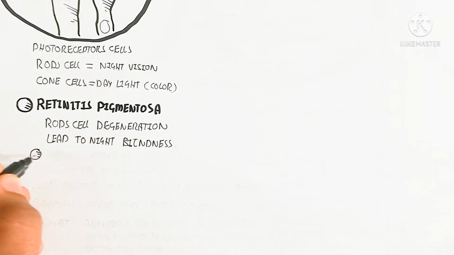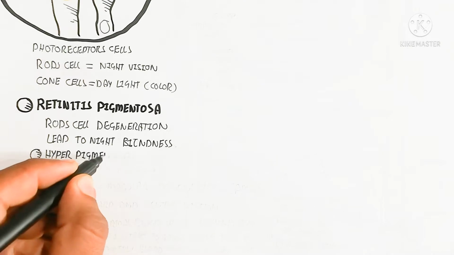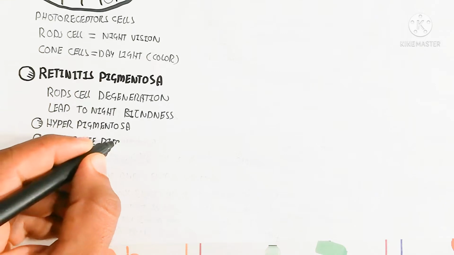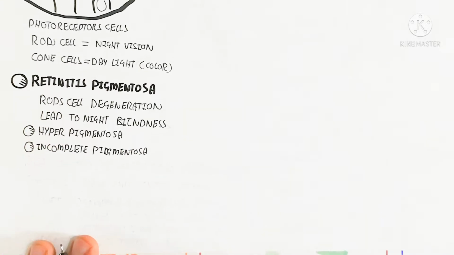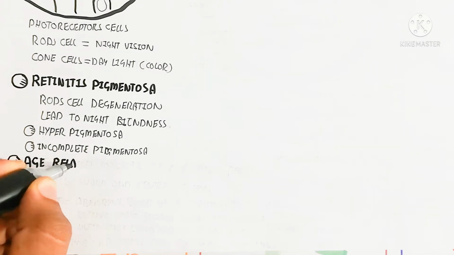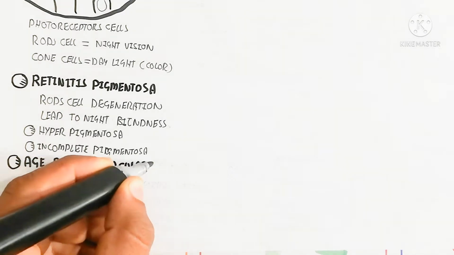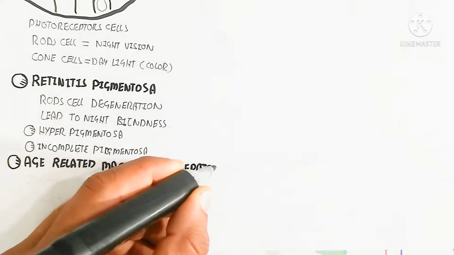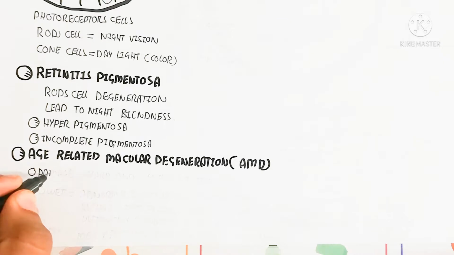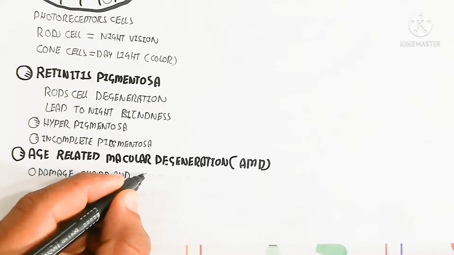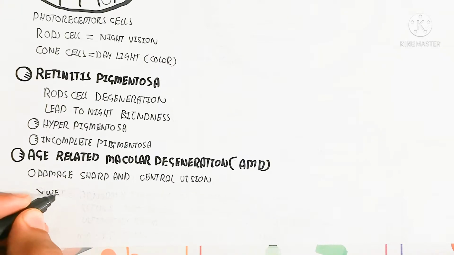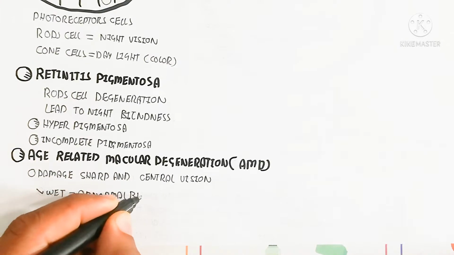Retinitis pigmentosa is another complication or disorder, which is genetic, and rod cell degeneration leads to night blindness. Incomplete pigmentosa can appear before the age of 20, but it can progress to complete pigmentosa. Age-related macular degeneration means the decreasing and damage of sharp and central vision,